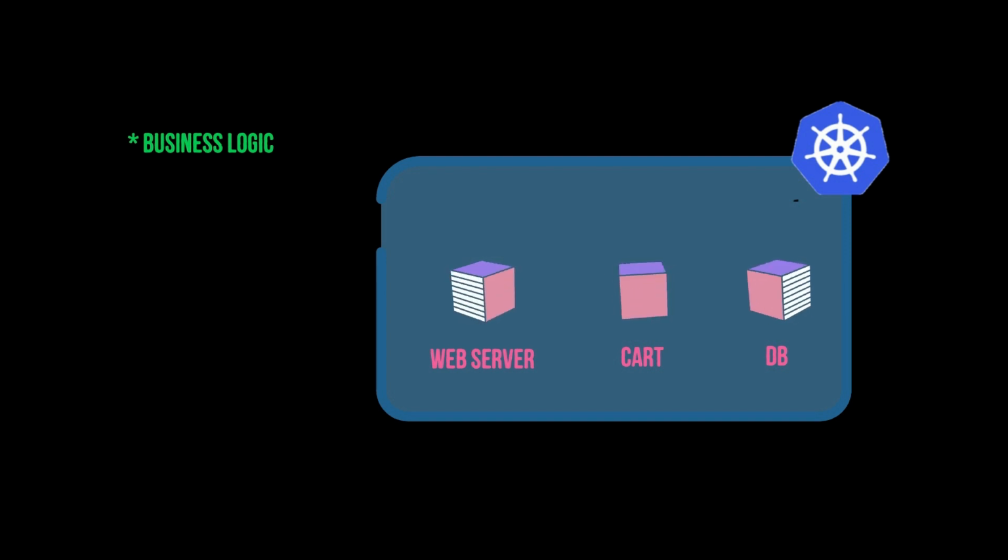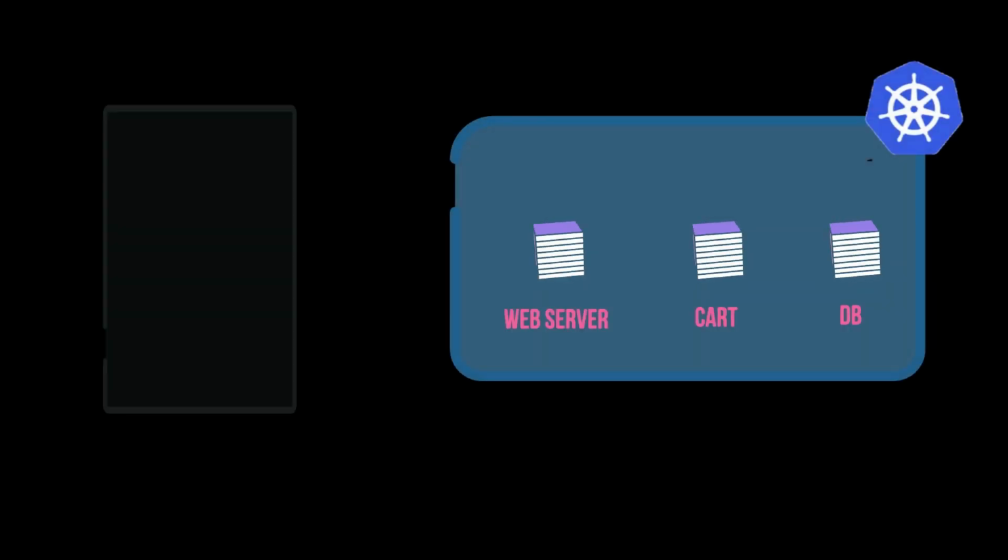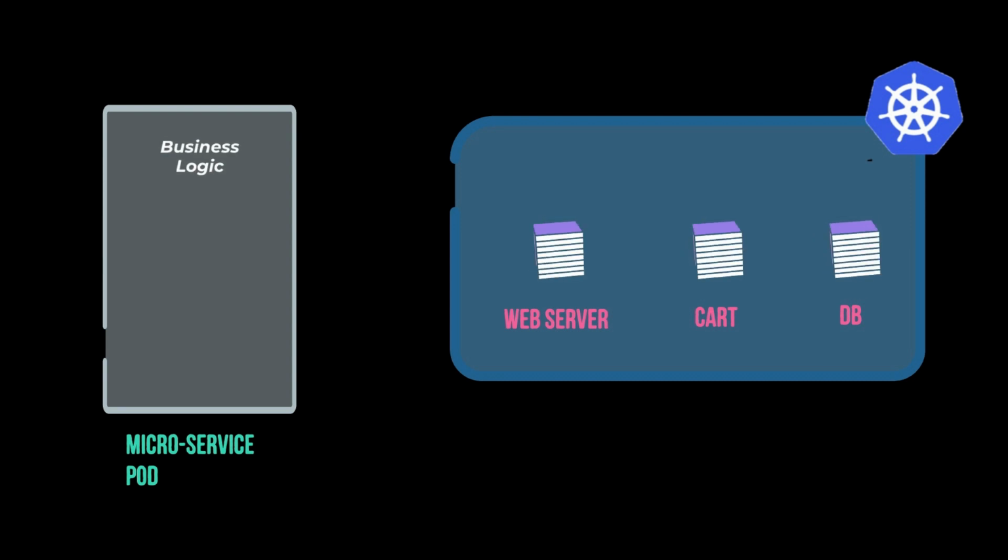As we want every time a user puts an item in a cart, the web server should talk to the cart microservice for processing and the cart service should talk to the database to process the data. So how does this communication happen? You need to configure the endpoint of each service to every other service for the communication. And suppose in future a new service is introduced in the application. For this also you need to configure each and every service from which the communication needs to be done.